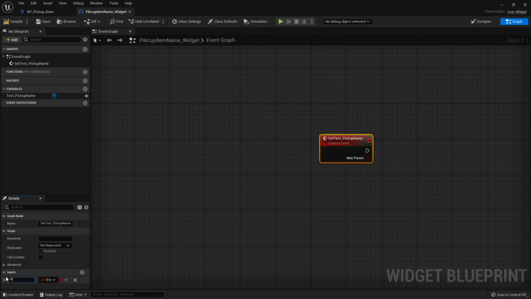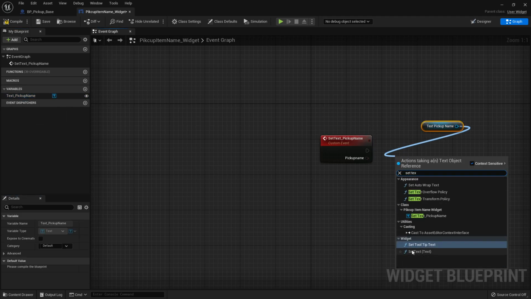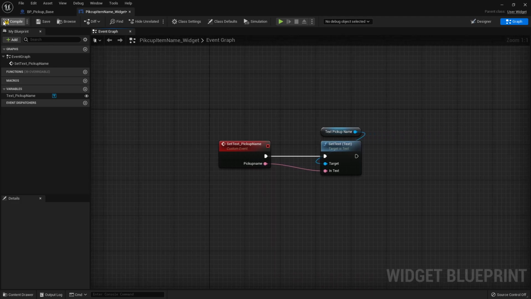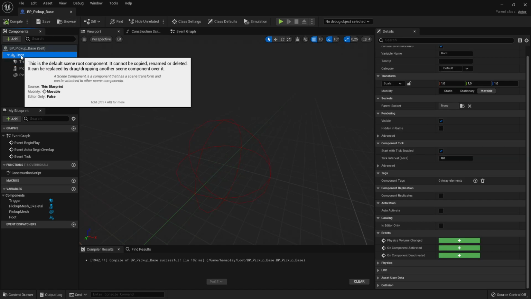So input pickup name and turn it into a text variable. Then we can simply drag in our text pickup name and set the text and plug in the input, and that's all we need to do in here. So that's good to go. Save and compile it, and then we can go back into our pickup base, and we're going to select root